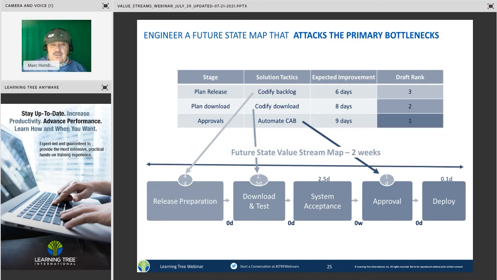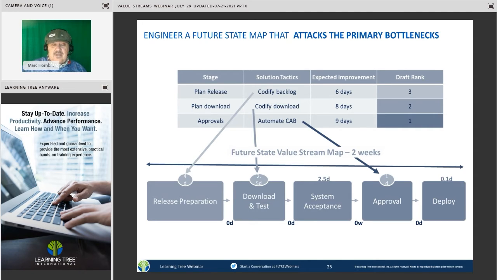When you're doing that and you've got a map and everybody agreed, yep, that's the right way to represent our value stream, you then look at where the key bottlenecks are, and rank them. What do you think are the most important? Try to identify where you might make improvements. In this case, the approvals stage was their highest rank because it took the longest, 9 days, so they could automate their approval process. That's a tactic or strategy. The second was to automate the next biggest bottleneck, which was